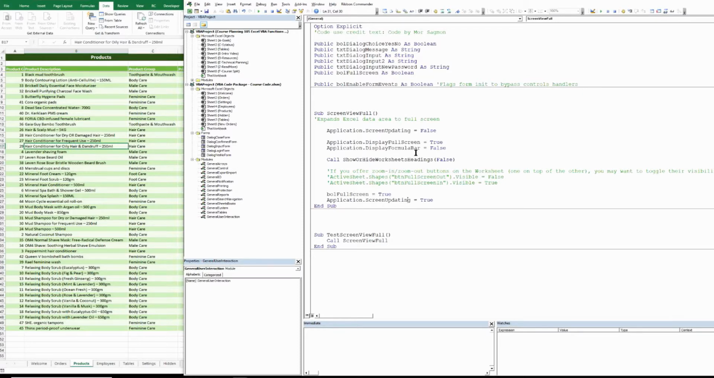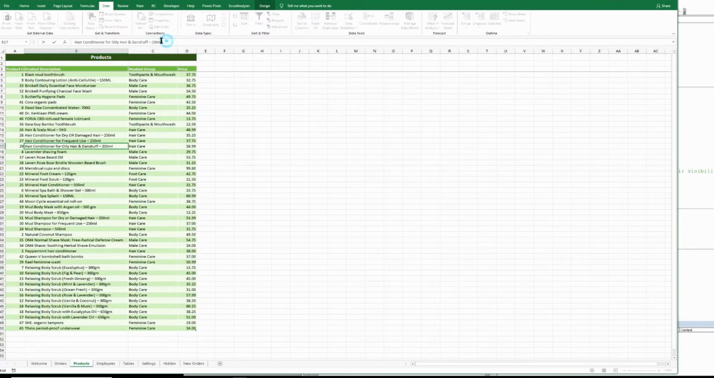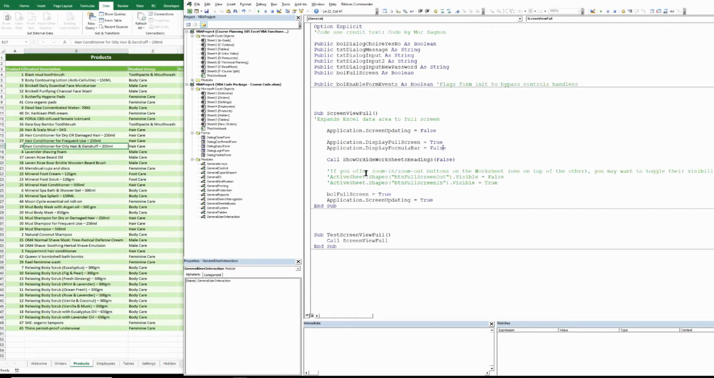And then we turn a couple of application flags, such as display full screen to true and display formula bar to false. By the way, the display formula bar, this is the formula bar. So we want to hide this row as well. Not only does Excel full screen hide this menu and ribbon, but we also want to hide this formula bar. And we also call another subroutine, show or hide worksheet headings, and we will demonstrate this